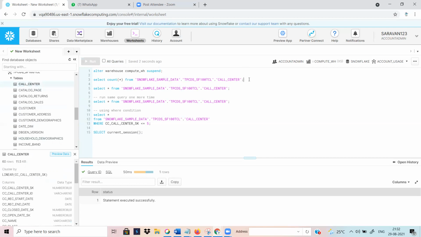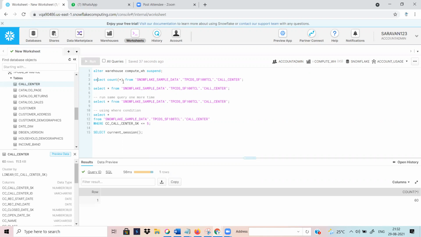So basically, when you are running this query, what happened here? You are counting, and you are getting the result 60. So there are 60 rows present in the table. What is the meaning of this query? When we run this query, it is directly communicating with your cloud services. The cloud services are also maintaining your metadata information, so it is directly getting the details from there.